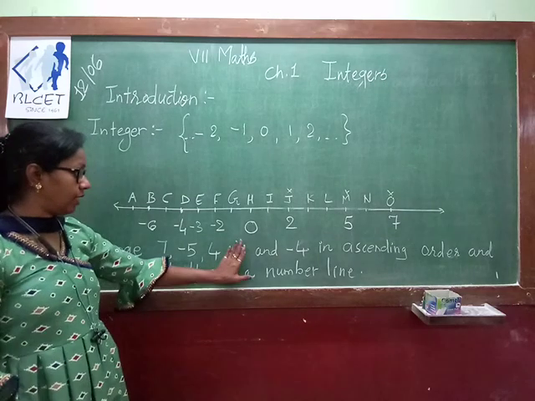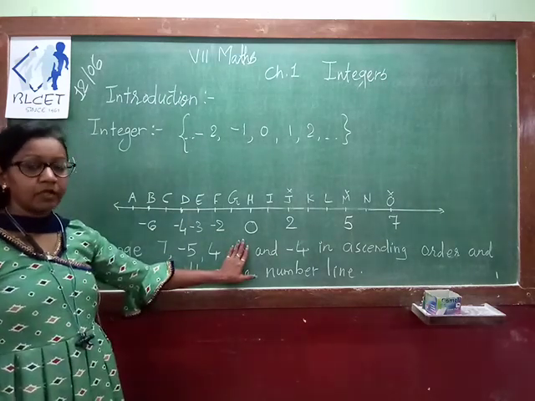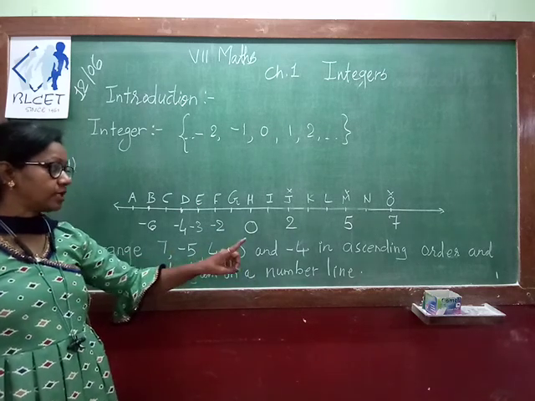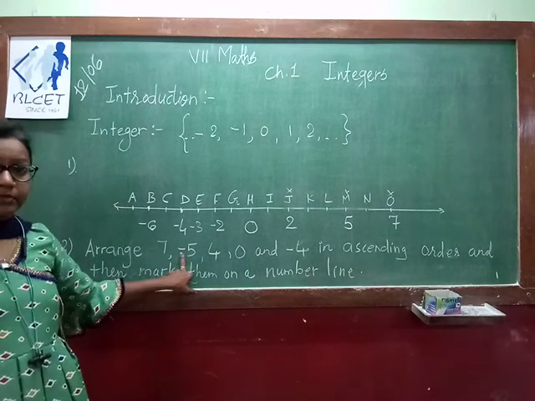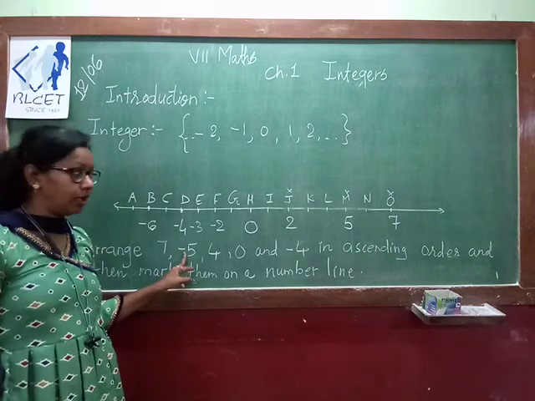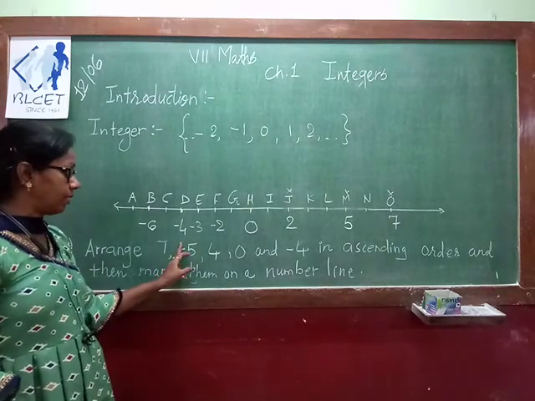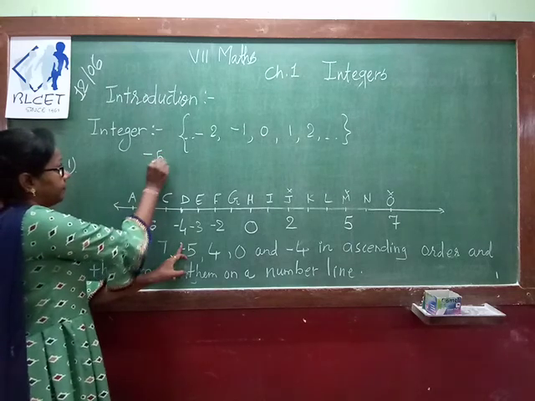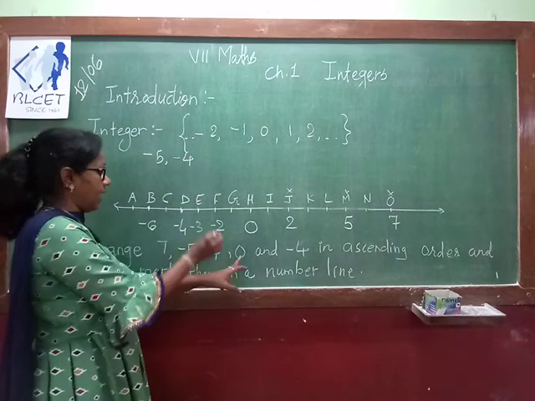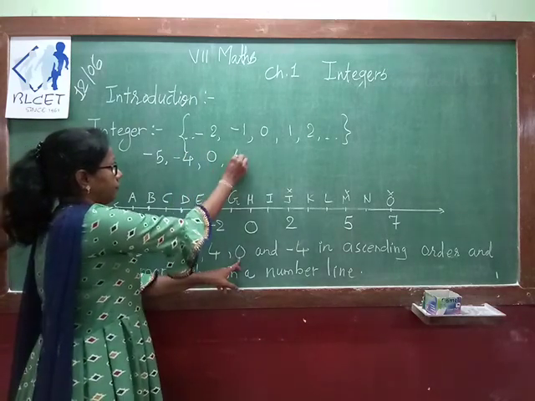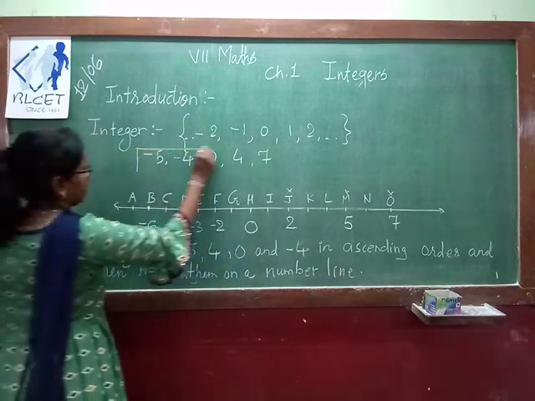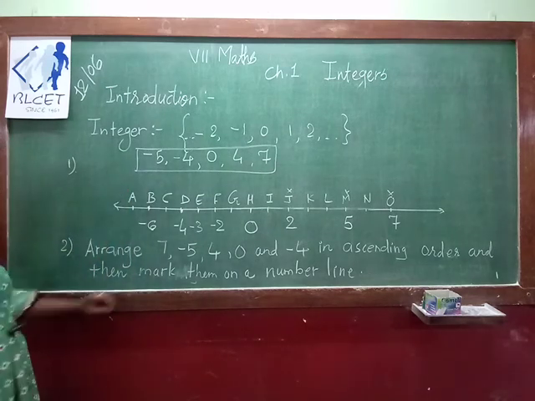So we know that if you consider 0, 0 is the middle number which divides negative and positive integers. Okay, first of all the lowest number, that is your minus 5. 5 itself is a bigger number, but when it is minus then it is a smaller number. Minus 5 is the smaller number that we can write here. Then what comes after? Minus 4 is the number, then 0, 4 and 7. Now this is our answer, that we have arranged all the numbers in ascending order.